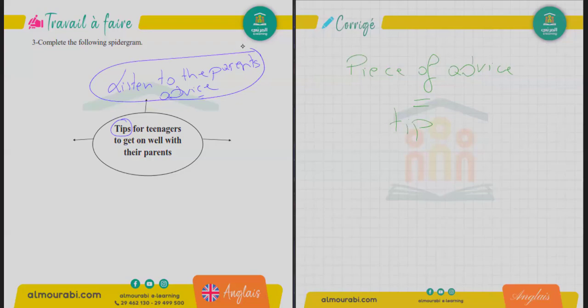What else? Any other tip for those teenagers to be friendly with their parents, to get on well with their parents, to understand their parents? Give us another piece of advice we can say, apart from listening to each other. Understanding each other. Good. What else? The most important thing you haven't mentioned, guys. Try. Conversation. Yeah, communicate. Very good. Communication. That's conversation. Good. Trying to talk.